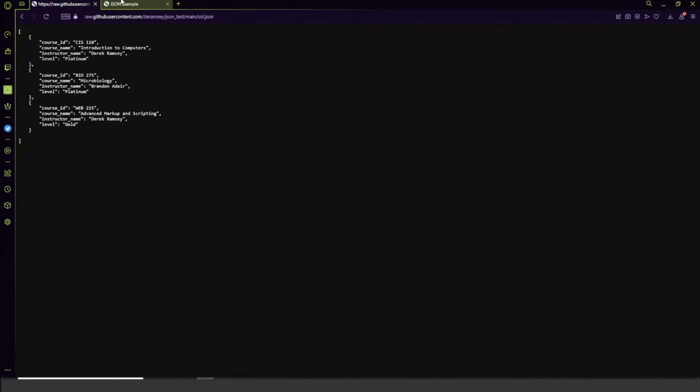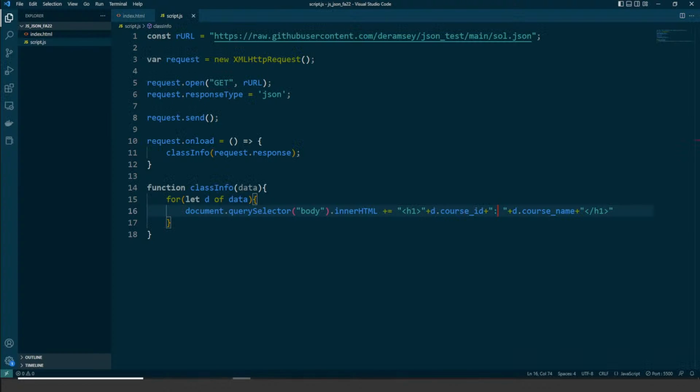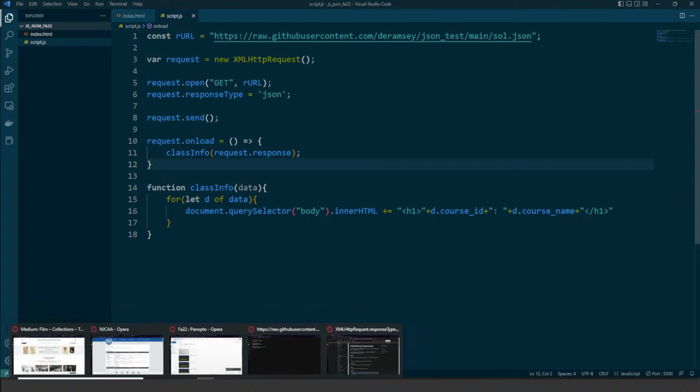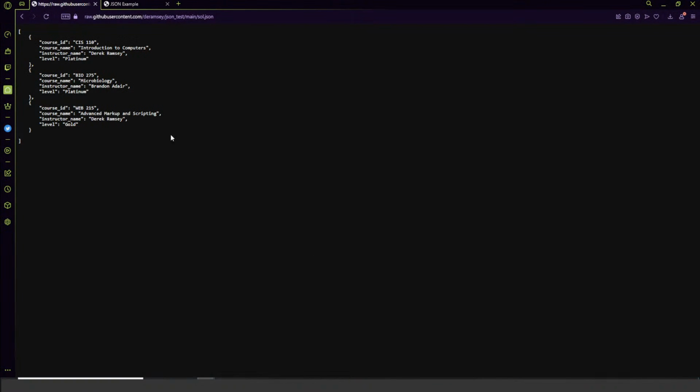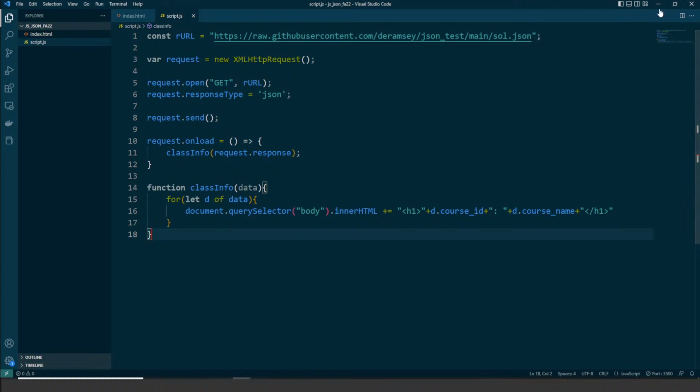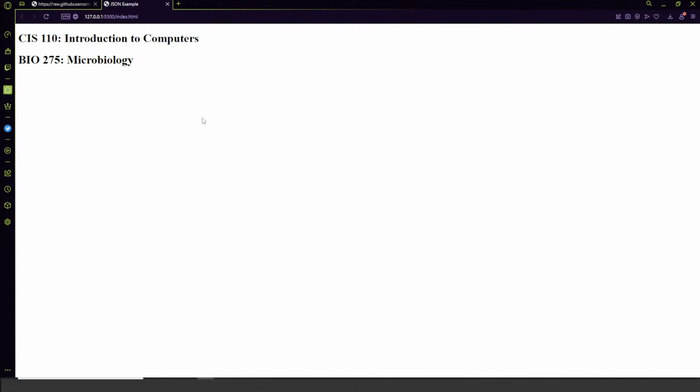If we go to our JSON example here, it might take a little bit for it to go through and realize that it's updated. Or it might require us to make a change to the code here, because it needs to reload, make another request to this. But it's also GitHub, so it might take a minute to realize the change has been made. And it also just might be cached. So let's try to